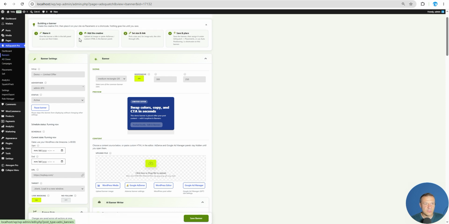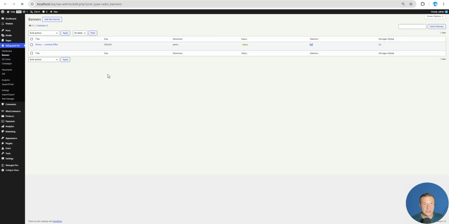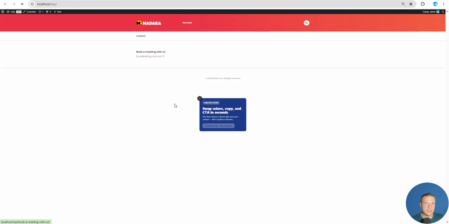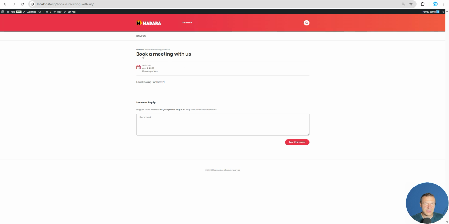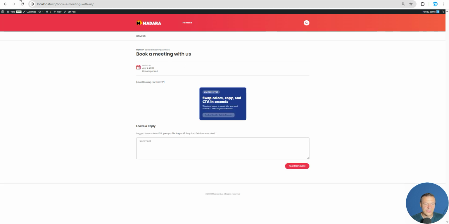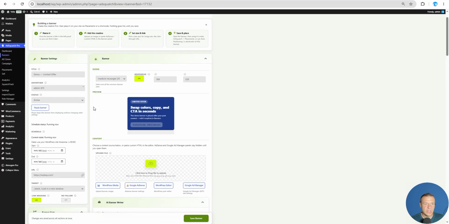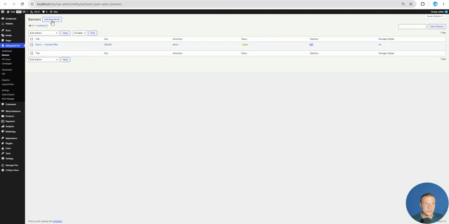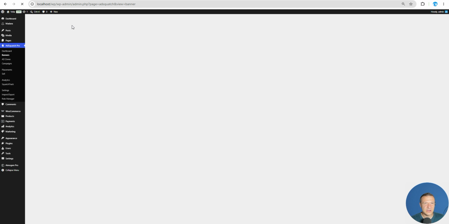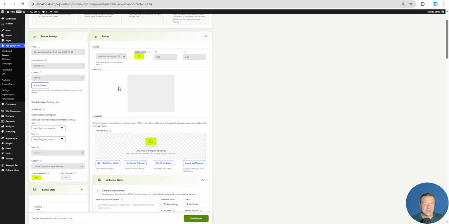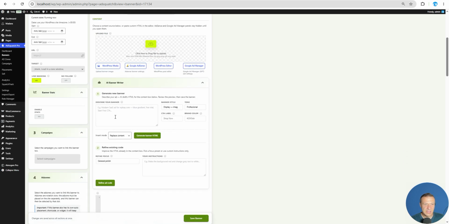So if we create another banner now and add it to the same ad zone, then the banner will be rotated and will be displayed automatically. So as you can see, the ad zone is displaying this banner now only because this banner is only added to this specific ad zone. However, if you have time, and I assume you have some time free because you watch me, let's add another quick banner, and let's say that